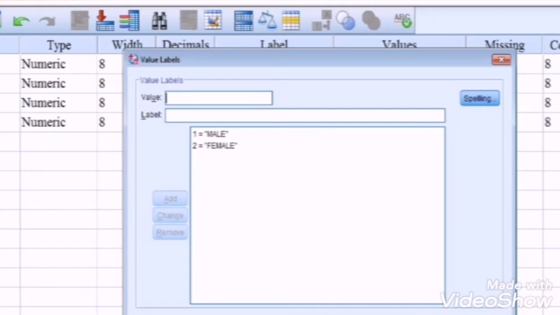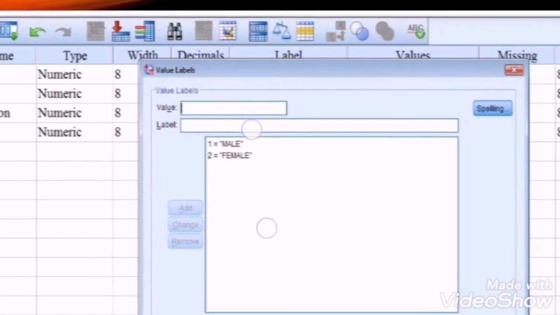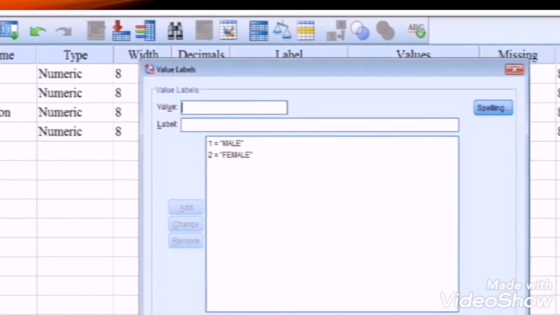It will be displayed in the box to the right of the add button. So now we have 2 as female, it will be automatically displayed. Then click on add, okay.